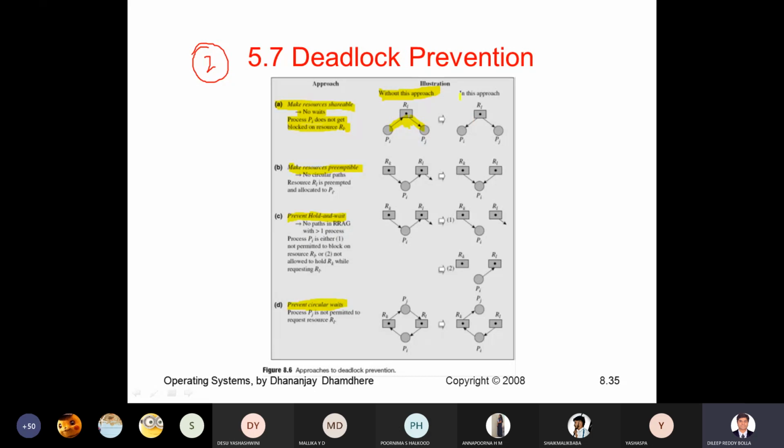In this approach, what we are trying to do, you see this one, resource 1 is given to P1, resource 1 is given to Pj. But practically, is that possible? We have only one resource here. If you see this one, only one bullet was available. In this case, only one bullet means what? Only one of them can access it.